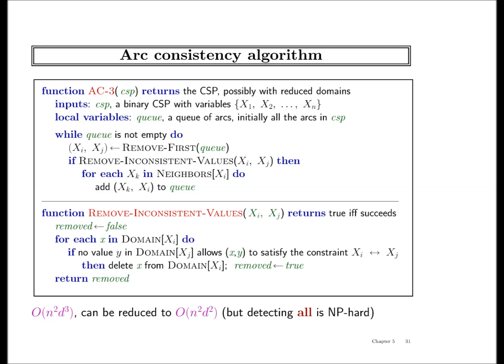Yes. You could have constraints that bring more than two variables together. Okay, so now is a good time to make that detour. Let me just show you that you can convert any non-binary CSP into a binary CSP. If this is my constraint, that the sum of A and B should be equal to C, I can define a new variable D, which is essentially the pair of A and B.